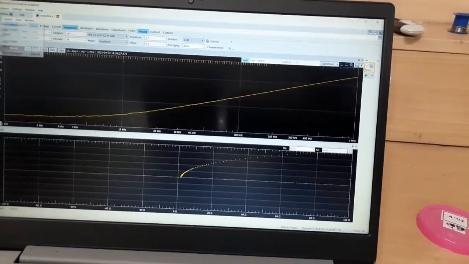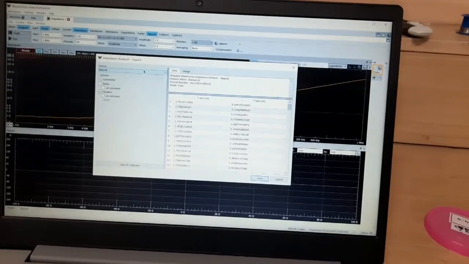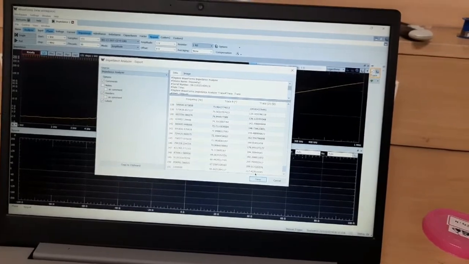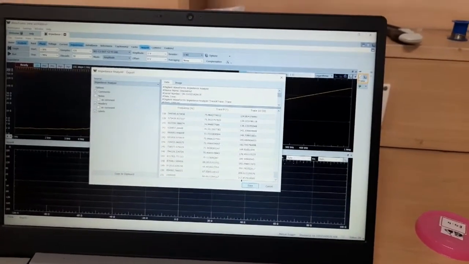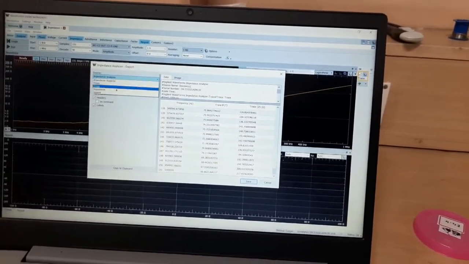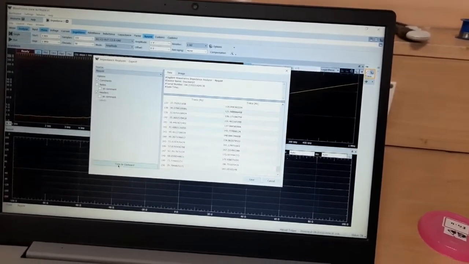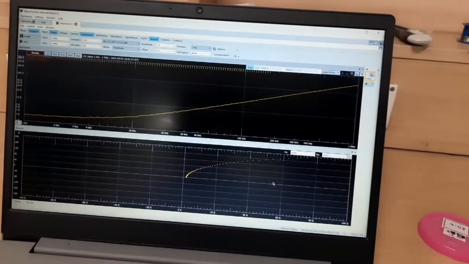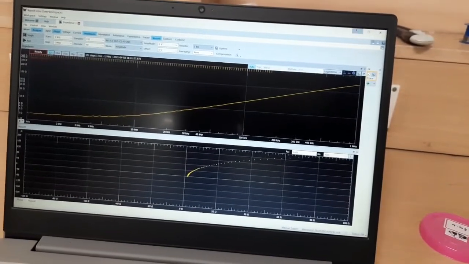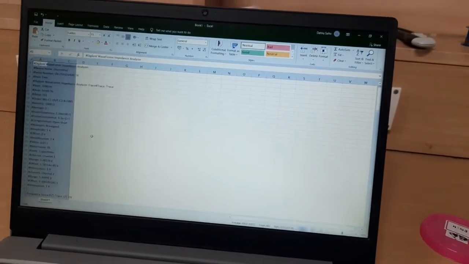Okay, so I just close it. Let me go again. It is Nyquist actually, so let me select impedance. Here you can verify that the values are the same, right? It is also 217.45. Like that, if we want the Nyquist plot data, we can take it from here. Just copy to the clipboard, then cancel, or you can save it also, based on your requirement. I am not saving for now. Let me paste the data here.